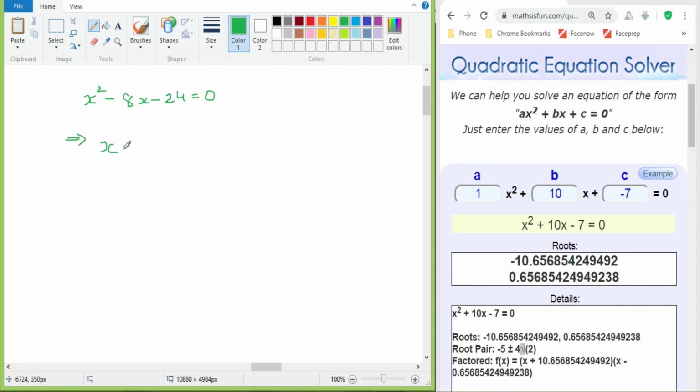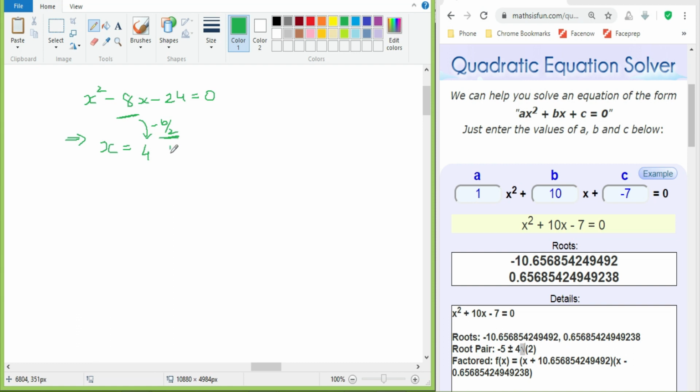x is equal to, so since it is minus, the first thing is that I have to take half of it. That is nothing but minus 4. Minus 4 is half of the 8, right? So if I'm going to take minus 4, I have to write it as positive over here, because the value is the negation of it. So whatever I'm going to write, that is nothing but minus b by 2. So done with the first case.